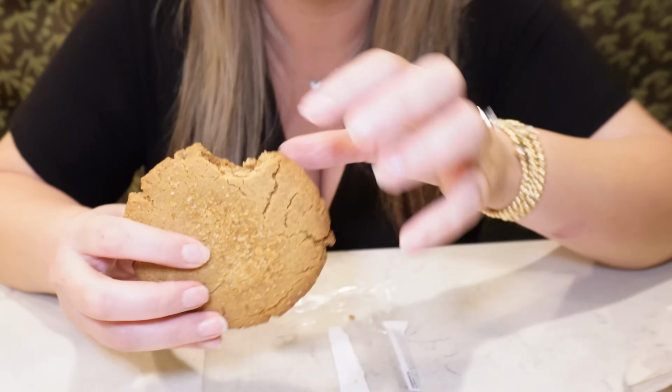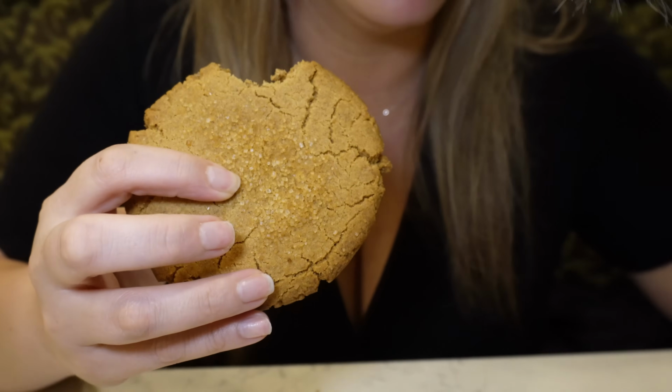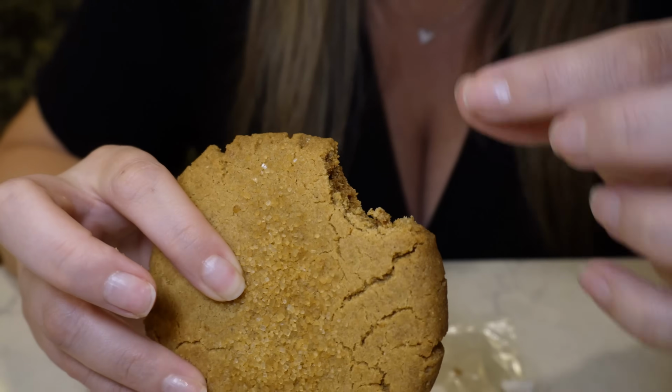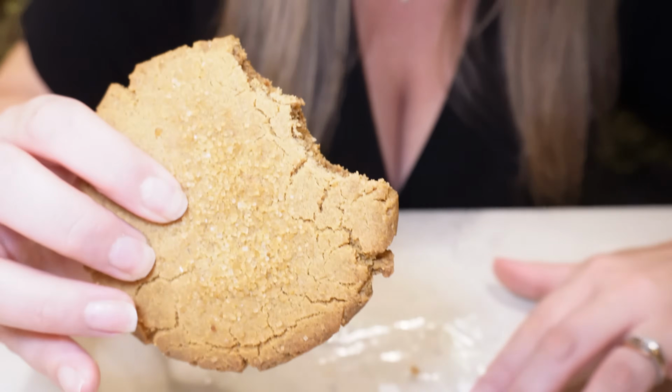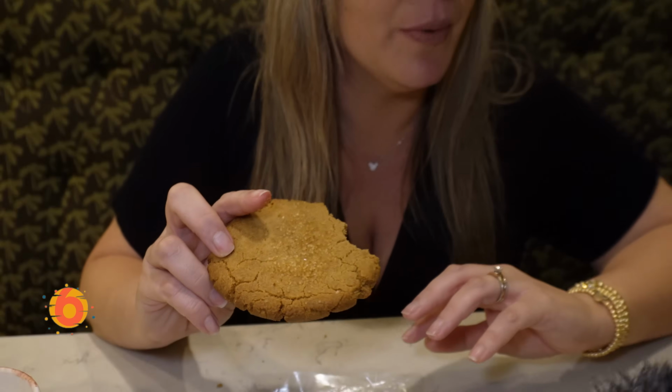I don't think it's that good anymore. It's definitely better when you get into the center. The outside is really hard, and I thought it was gonna be like, it almost tasted like dust for a second like the other one, but the interior is a little bit more chewy. I don't love it. Sad. I like it. I like the ginger flavor, but this one's too hard and too dry for me. I'm gonna give it a 6. Step up from the gluten-free, but